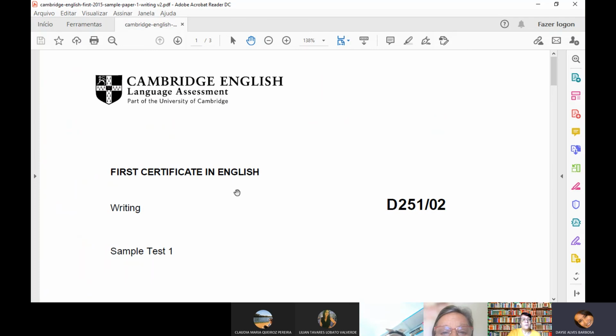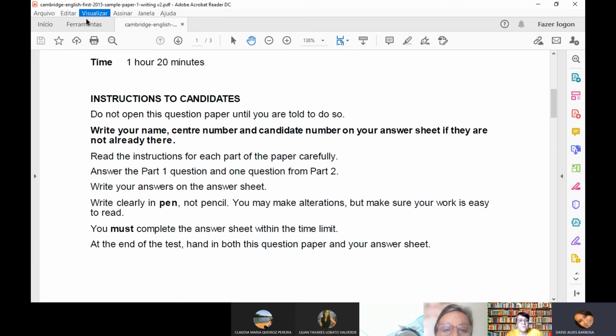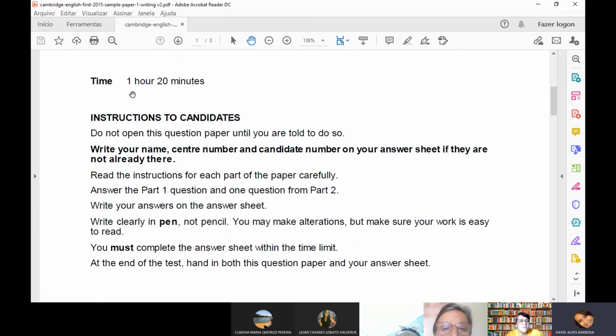Writing. What is writing all about? You receive this test paper. You have 1 hour, 20 minutes to write 2 tasks, to write 2 texts. The first one is always an essay. We're gonna work on essays also throughout the classes. And the second part, you see here, it's the same thing. The only change is the